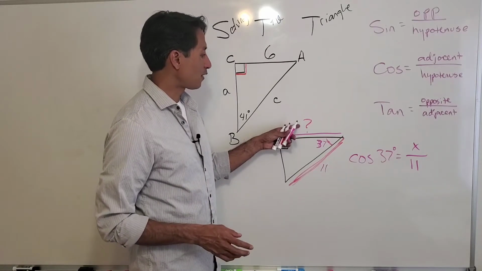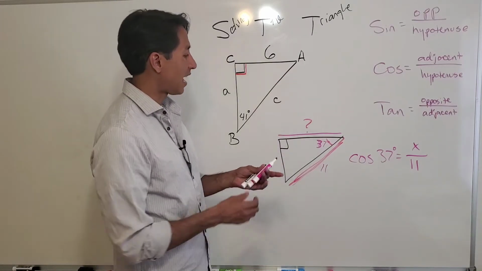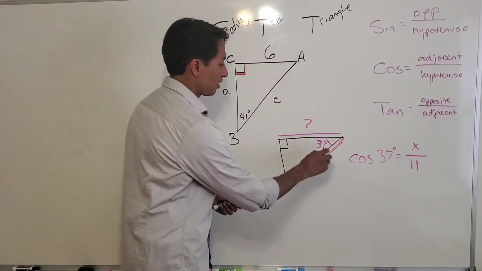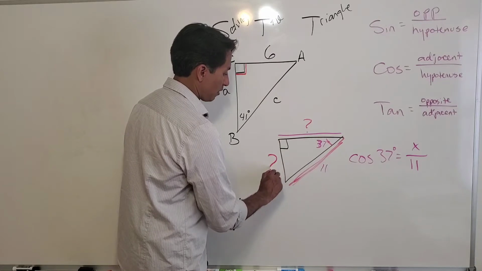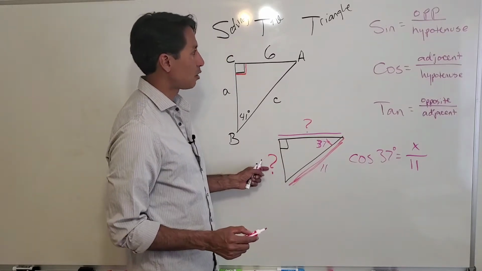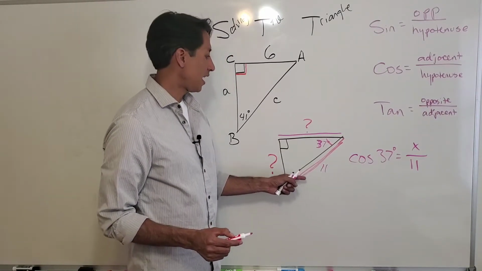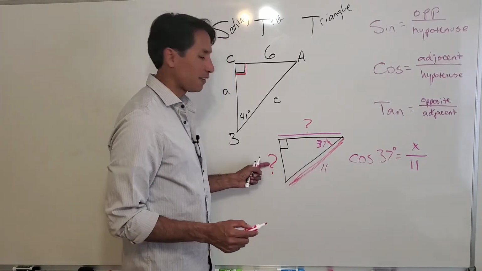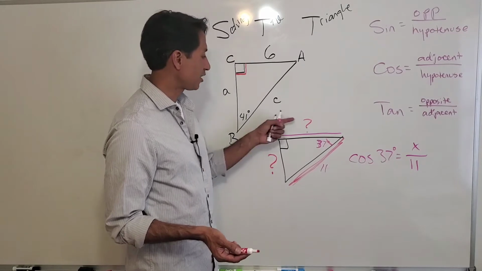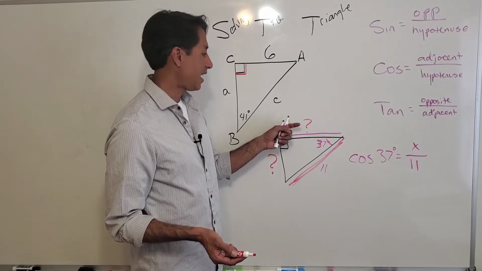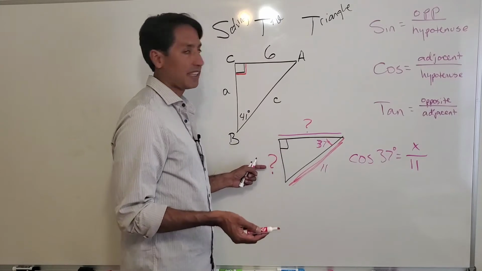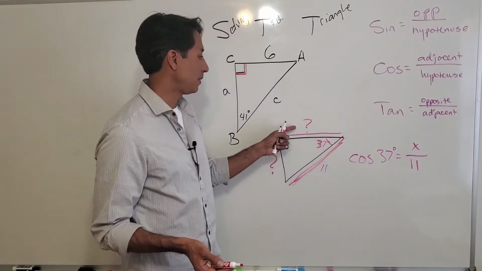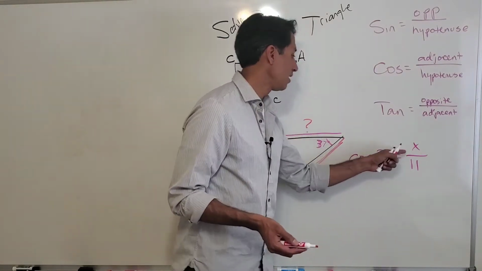I was asked to solve for this length here. So if I were to use sine and say sine 37, sine means that I'm going to use the side opposite, so opposite over hypotenuse. But if I do sine 37 equals x over 11, I'm solving for this length over here, and I was asked to solve for this length over here. I had to find the adjacent side, not the opposite. And so that's why I chose cosine,